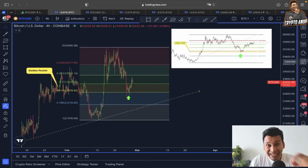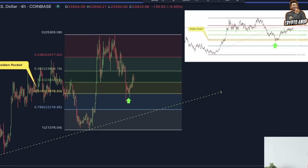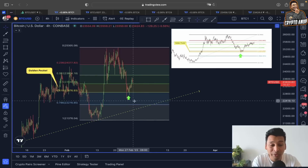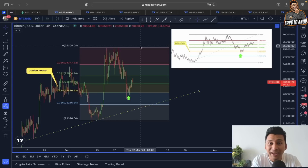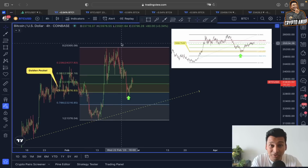So as we can see guys, the price of Bitcoin after reaching around this golden pocket has now started to show some bullishness, but we are here to find out whether this movement, this bullishness that we are witnessing in the immediate short term is an actual continuation towards this previous high or just a fake out before price again starts showing this bearishness. We are going to talk about many scenarios in today's video, so please watch this video